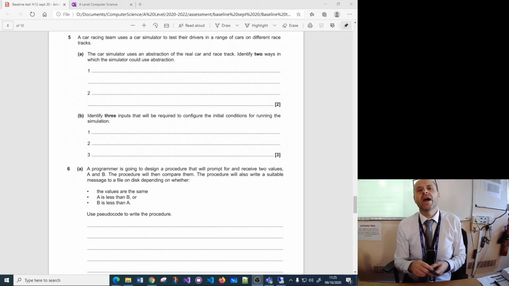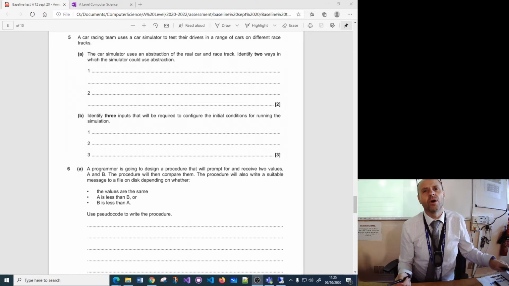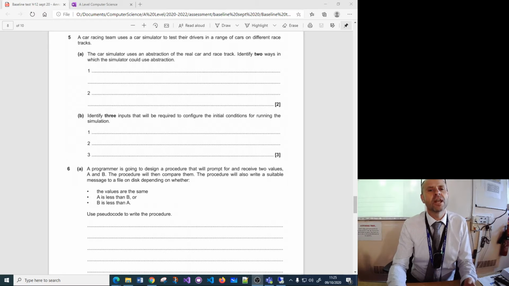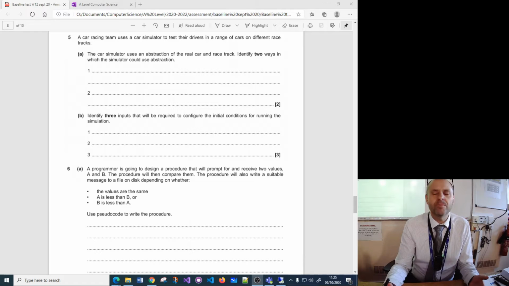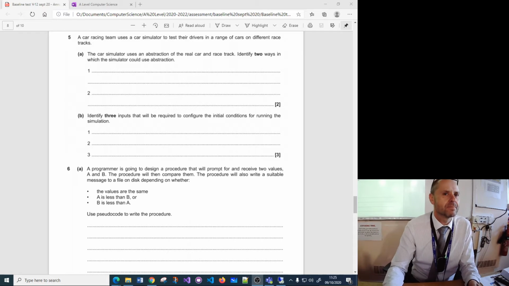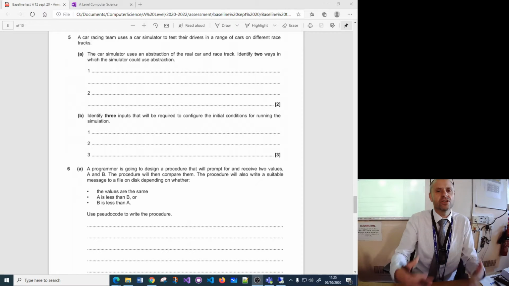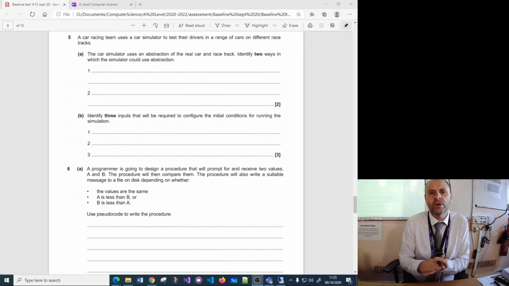Right, okay, so it's a question about abstraction in general. Lots of people, when they answered this, the big problem was they gave general answers. At A-level, general answers are, in general, bad. If you've got a context, you need to answer the question in context. So, the question said,